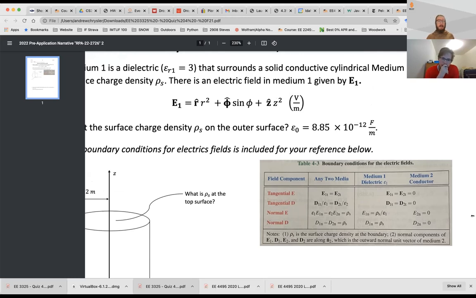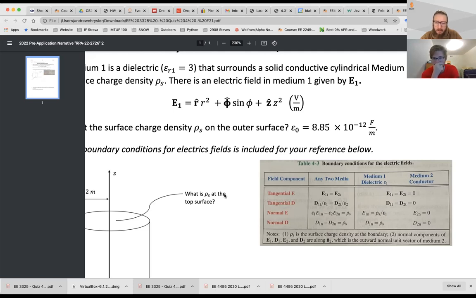Is this helping a bit? Yeah, I think the part that threw me off really is when you put the E naught there, because I was confused on where to use it because I didn't use it. And so that's the part where I probably should have used that somewhere. Yeah. All right. So what this means,